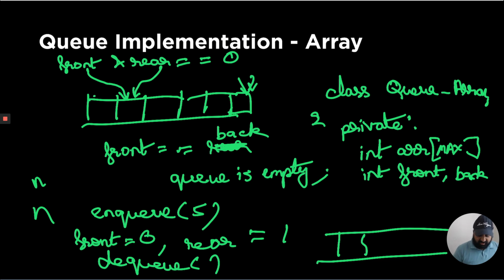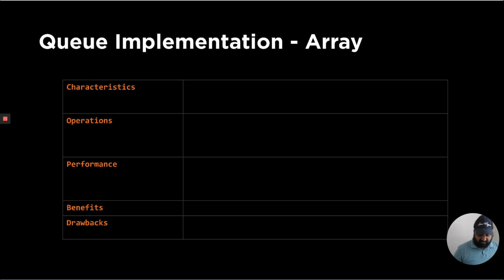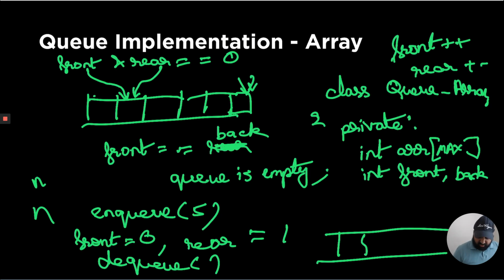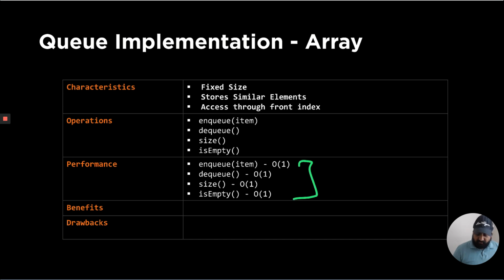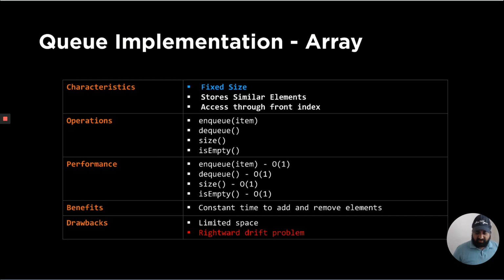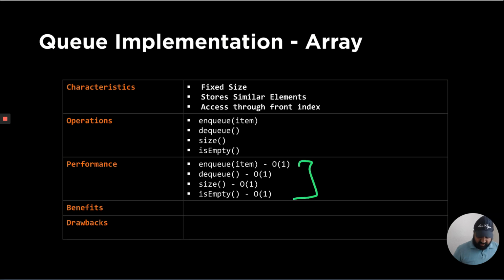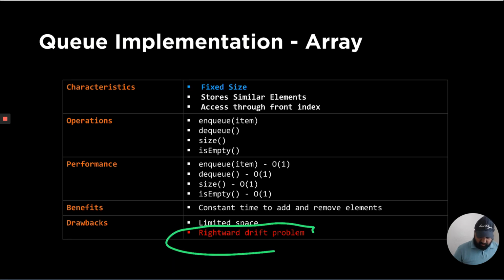We are just manipulating or incrementing the front plus plus or rear plus plus or rear minus minus or front minus minus in certain different scenarios. I'm not going into the depth of how to implement each function. Again, there are a lot of resources, you can look into the book as well. It's very easy, not too complicated. So all the performance would be O of 1. The benefit of this approach is that we can use all the operations in constant time. While the drawbacks are limited space as well as this rightward drift problem,